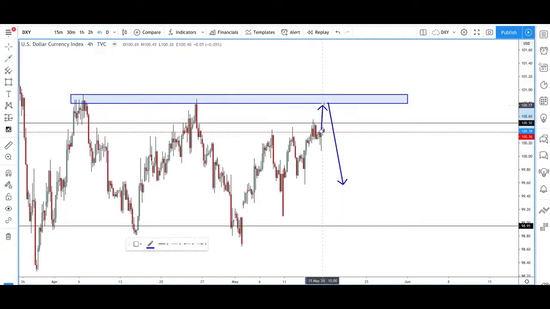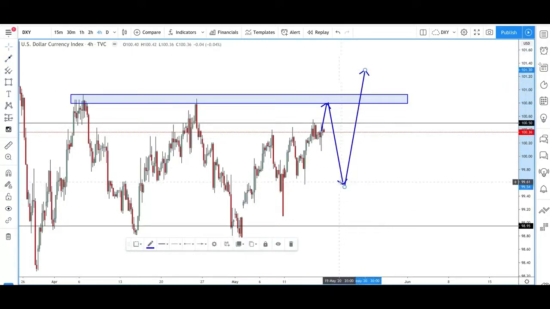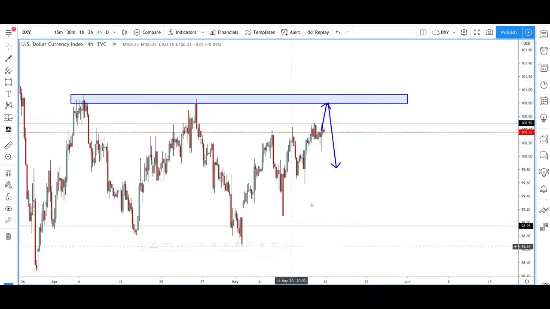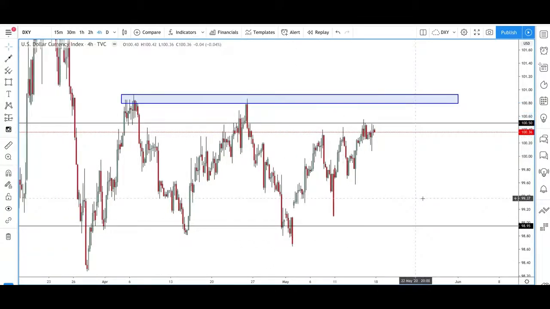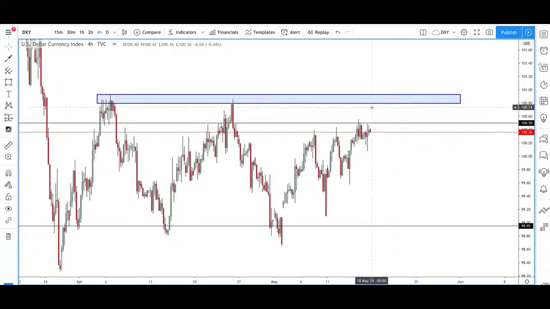But as I said, then I will be looking for US dollar strength to kick back in and take us even back above here. So depending on how big this retracement is going to be as well. So at the moment, shorter term, what we're expecting is the US dollar to continue this little push up at the start of the week, and continue with the US dollar strength, unless we just have one of those weeks where the market opens and we start pulling down straight away.